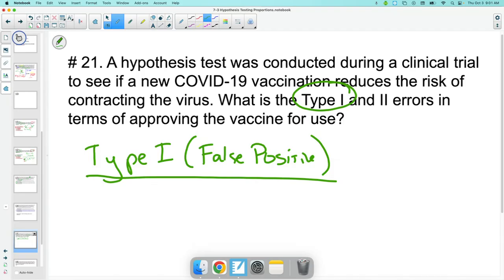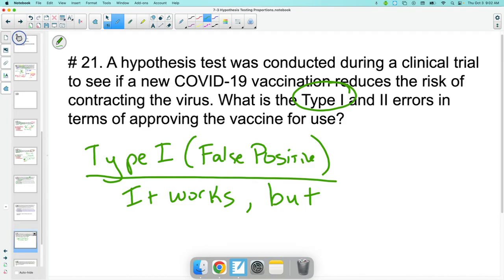I think I'm right. Meaning, if the vaccine is right, what is it doing? It's working, right? So I think it works. The vaccine works. But